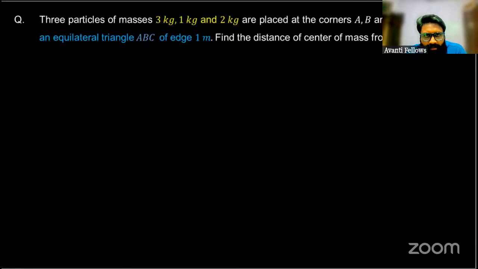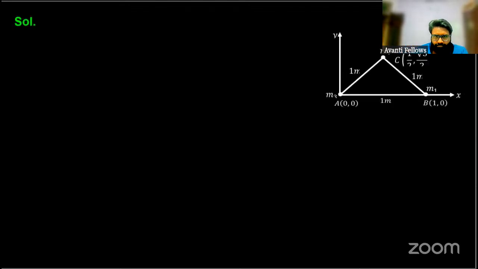नाउ दिस वन, three particles of mass 3 kg, 1 kg, and 2 kg are placed at the corner A, B, and C, respectively, of an equilateral triangle ABC. और उसकी एज कितनी है, 1 मीटर। फाइंड द डिस्टेंस ऑफ सेंटर ऑफ मास फ्रॉम द वर्टाइसिस ए। ऐसी सिचुएशन है, ठीक है, ट्राई टू सॉल्व इट।